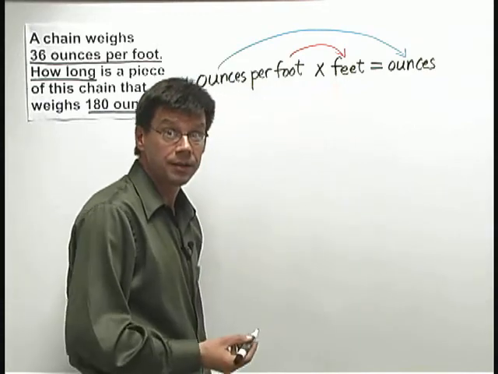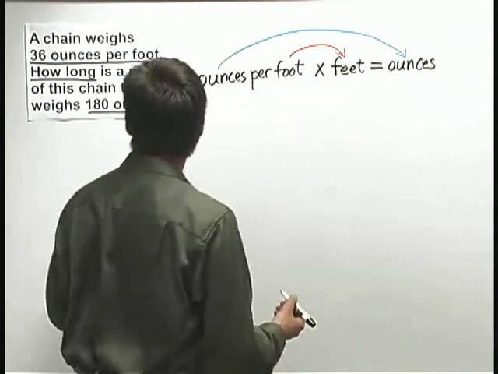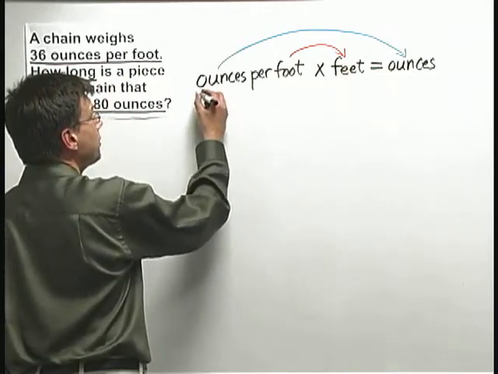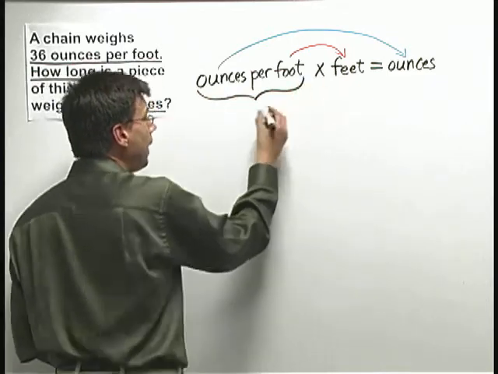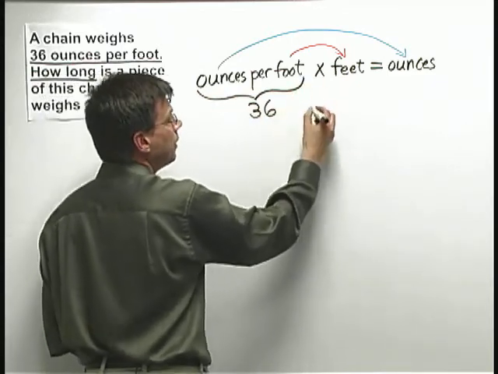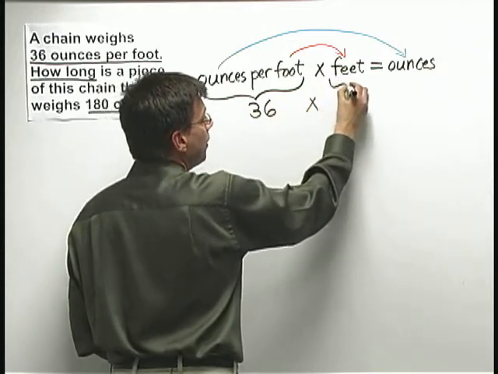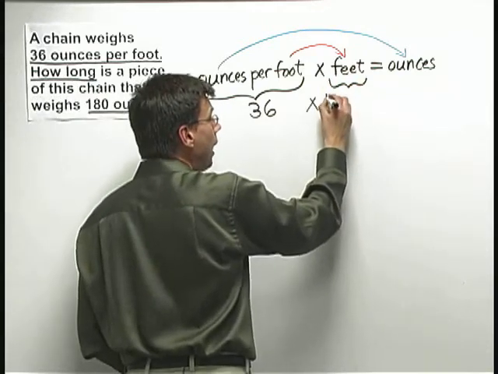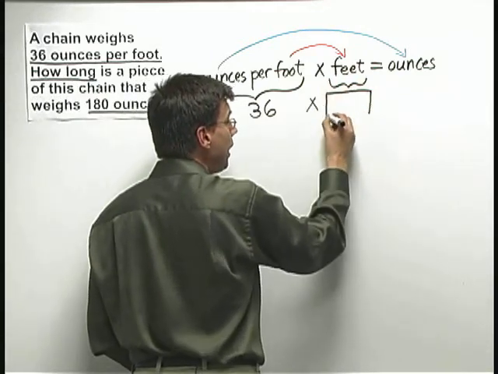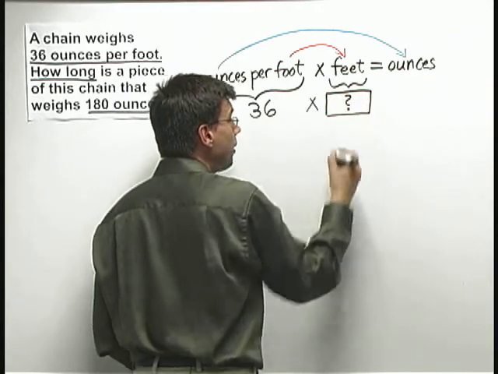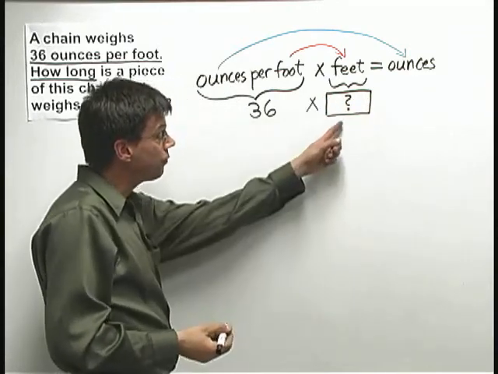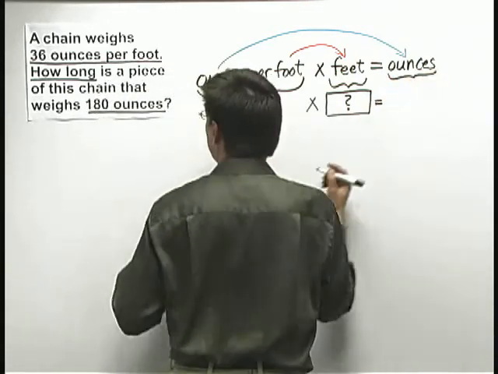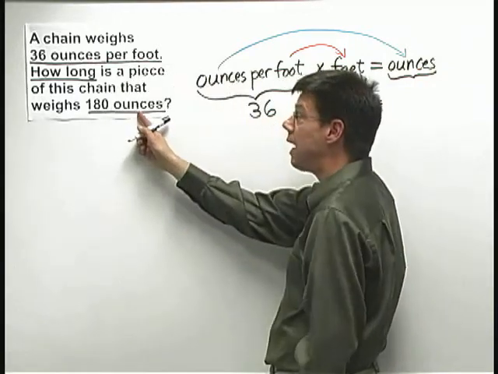Now let's go ahead and fill in some values for these quantities. In our problem, we know that the chain weighs 36 ounces per foot. So the rate is 36 times the number of feet we don't know. We're trying to determine how many feet of the chain have a certain weight. So I write a box with a question mark. That's what we're trying to figure out. Equals how many ounces? Well, 180 ounces